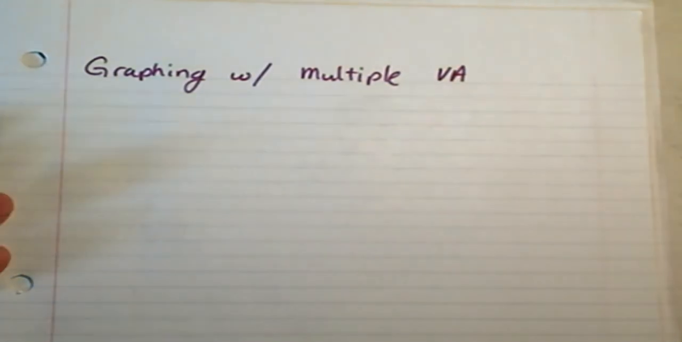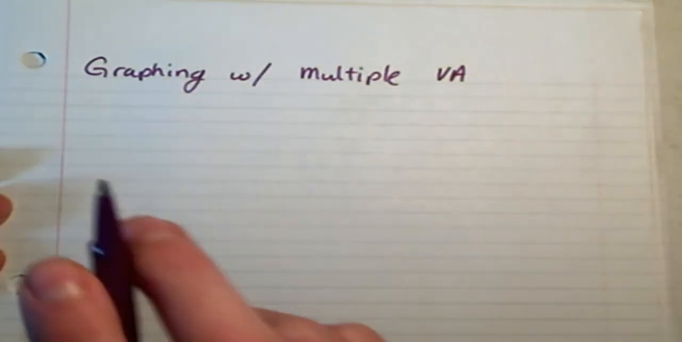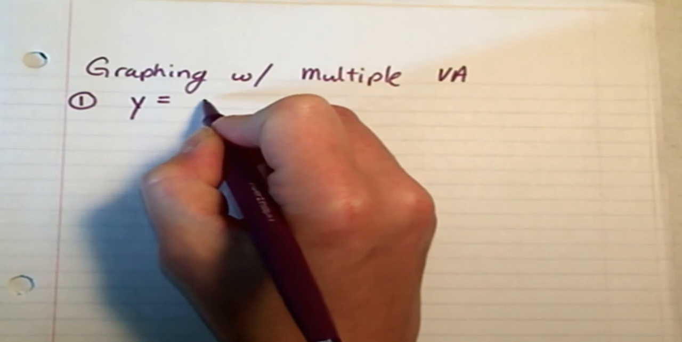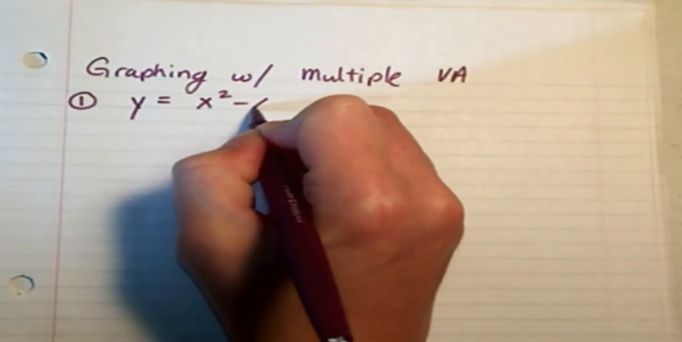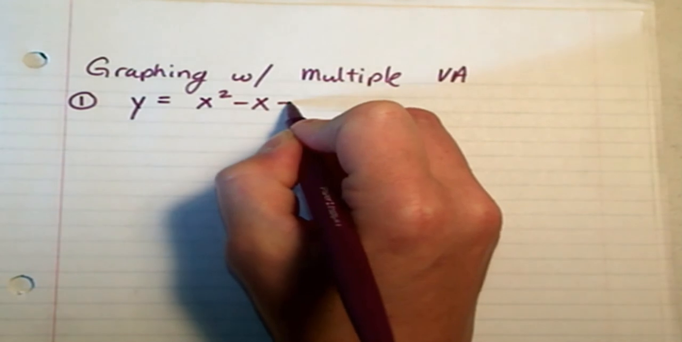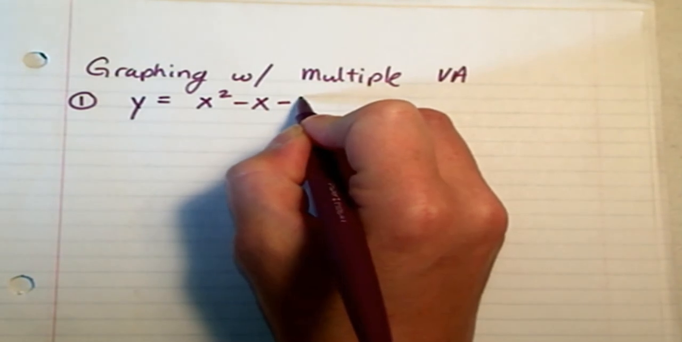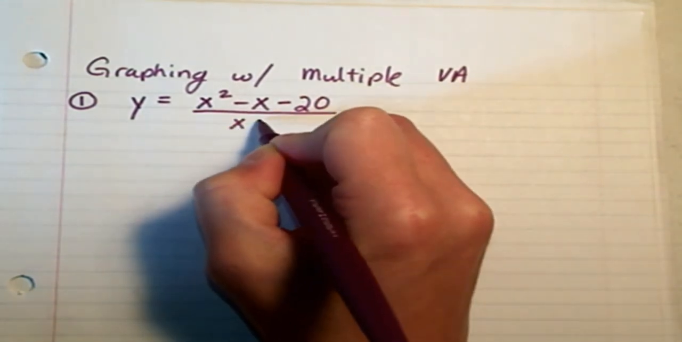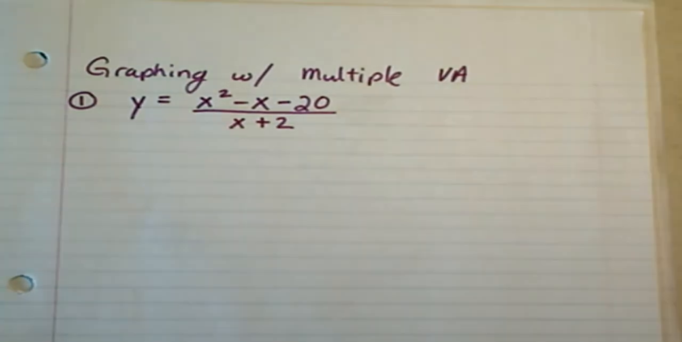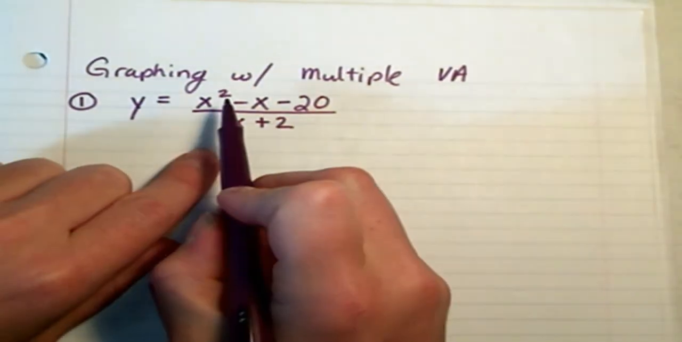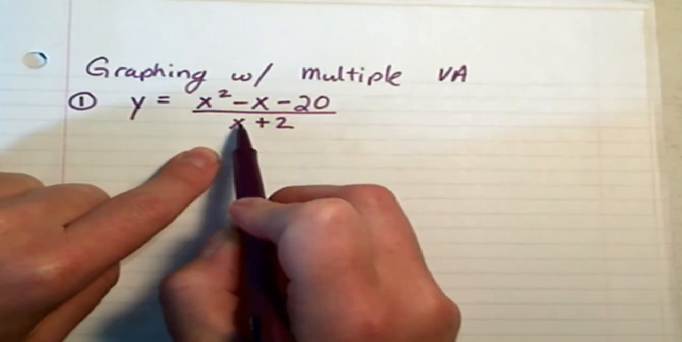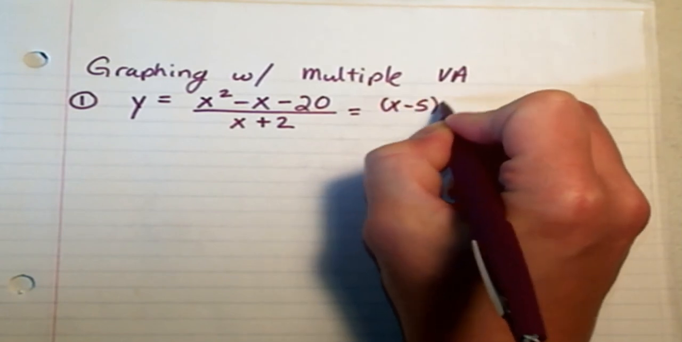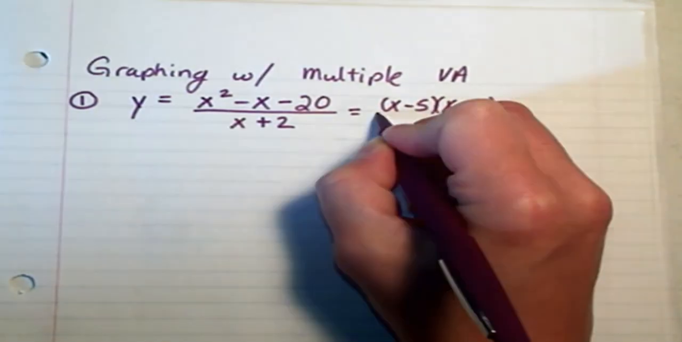All right, friends, we're going to go ahead and do an example with graphing with multiple vertical asymptotes. So here we go. Let's do y equals, let's pick something nice, minus x minus 20, all over x plus 2. All right, so first thing I notice is that the degree of the numerator is bigger than the degree of the denominator. So while I start factoring to make sure that this is fully reduced,